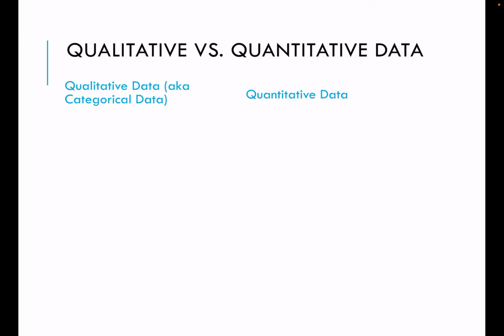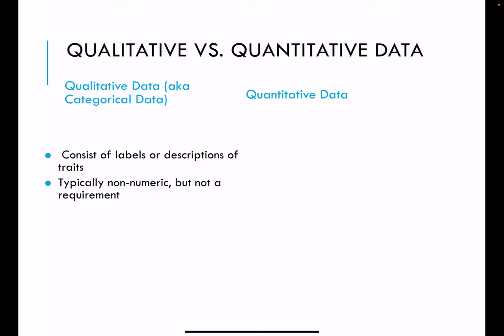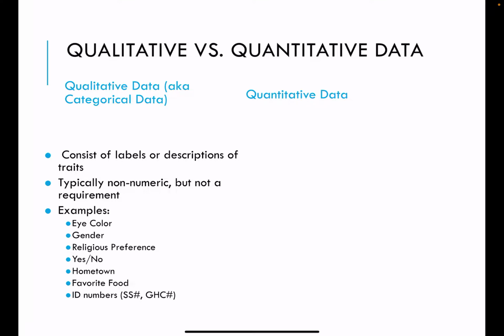Data can be classified into qualitative data and quantitative data. Qualitative data is also known as categorical data. It consists of labels or description of traits, typically non-numeric but not a requirement. For example, eye color, gender, religious preference, yes or no, hometown, favorite food. The answer to those are all